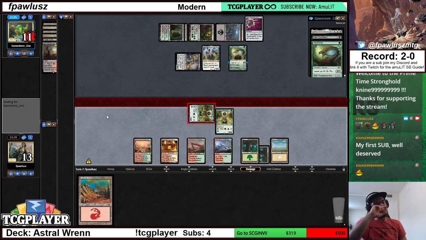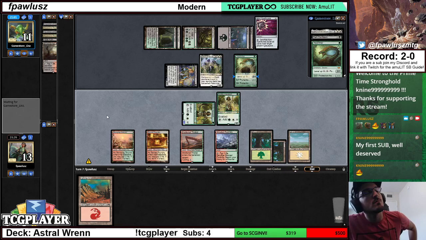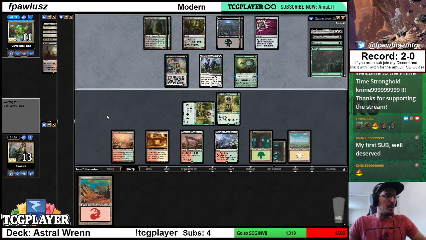But that's fine. This is the kind of matchup that we actively want to face. So we did hit a little bit of bad variance here, but